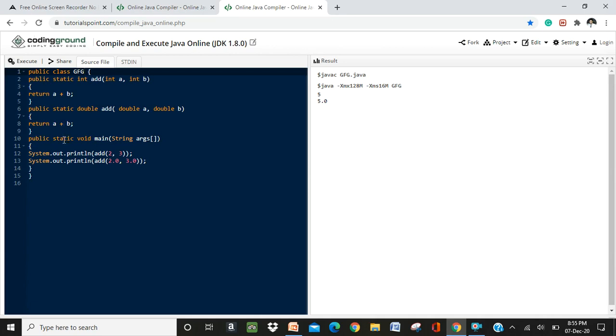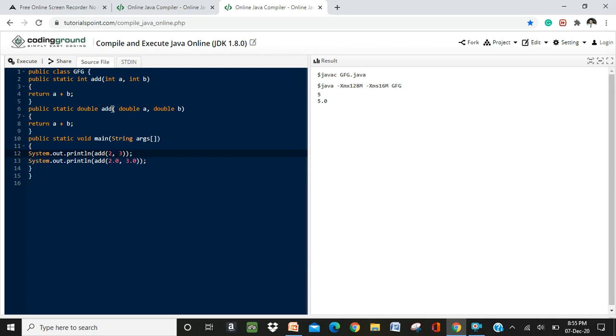So when we define it here, during compile time itself it's clear that the compiler is going to select which particular function. For example, System.out.println add 2 comma 3: 2 is an integer, 3 is an integer. In these two functions, both function names are the same, that is add, but one is of type integer and one is of type double.